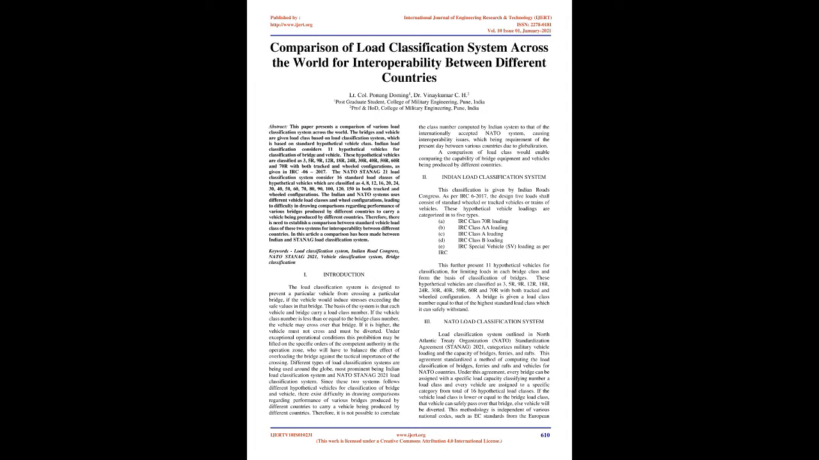The bridges and vehicles are given a load class based on a load classification system, which is based on standard hypothetical vehicle classes. Indian load classification considers 11 hypothetical vehicles for classification of bridges and vehicles. These hypothetical vehicles are classified as 3, 5R, 9R, 12R, 18R, 24R, 30R, 40R, 50R, 60R, and 70R with both tracked and wheeled configurations, as given in